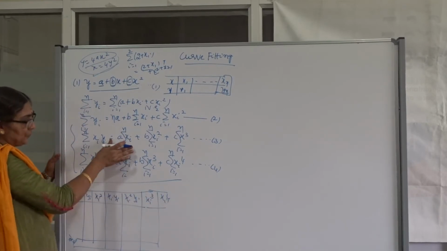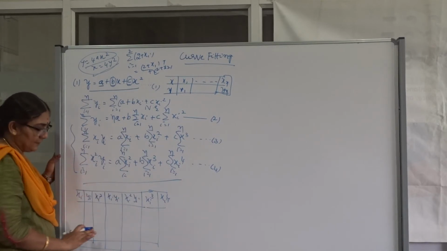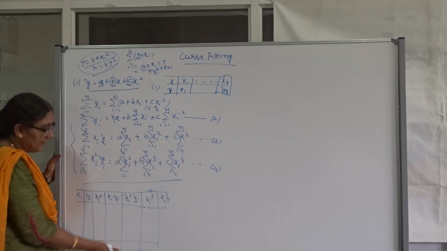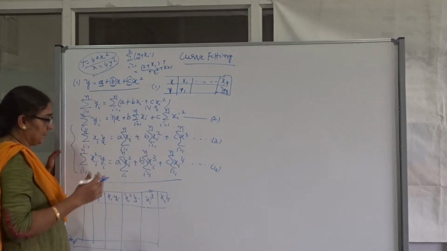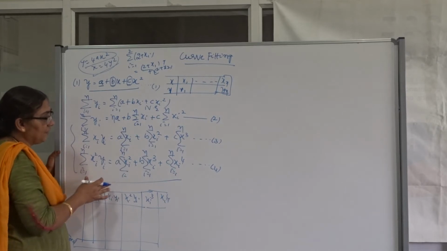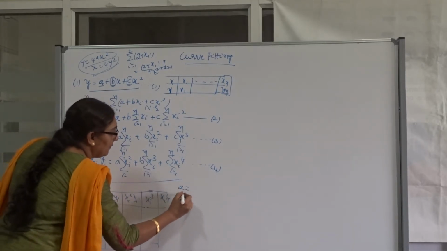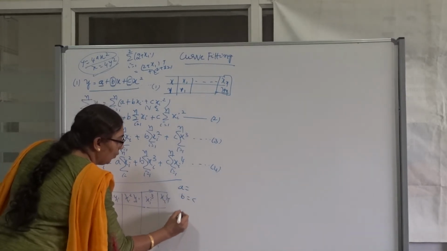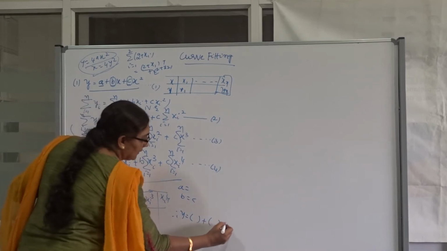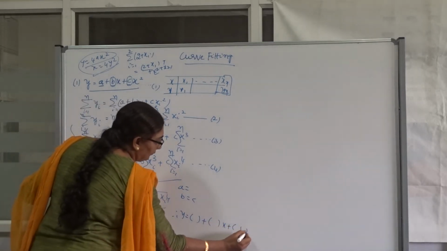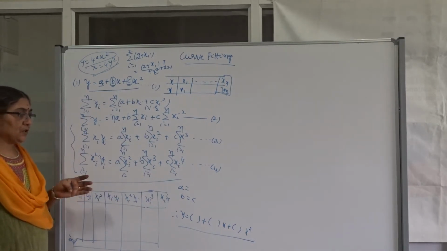You find out and substitute. How to find out? They gave the data; using that you substitute and simplify. Once you get that, substitute in these 3 equations. Use your standard calculator to solve the system of equations. Immediately we get a, b, c. Once you get the a, b, c values, you write y equal to, substituting the a value, b value, and c value. Then we say that this is the required best approximation equation.